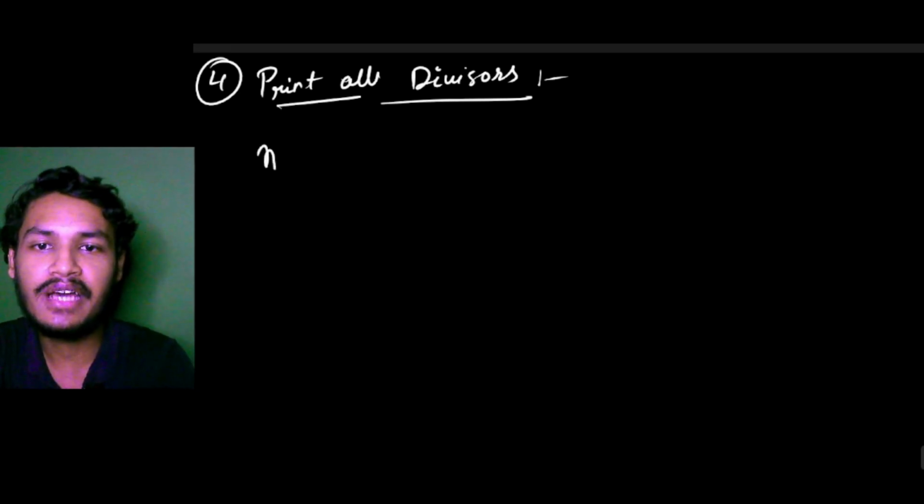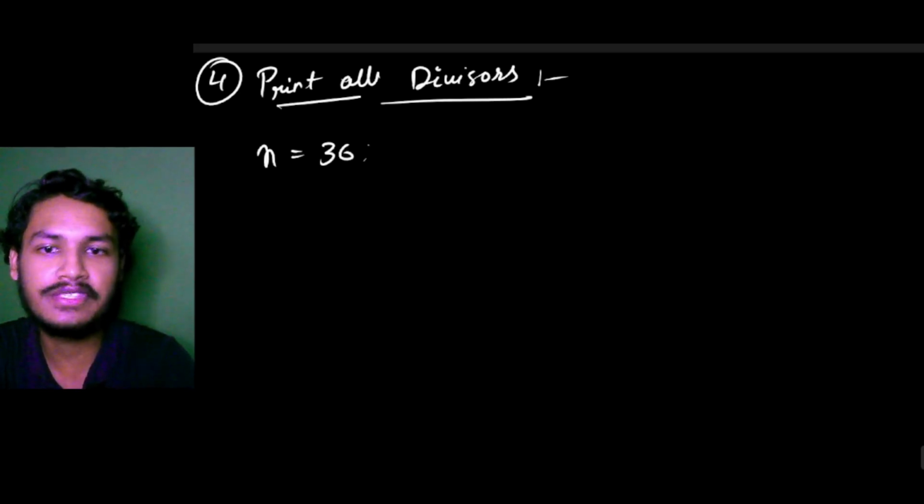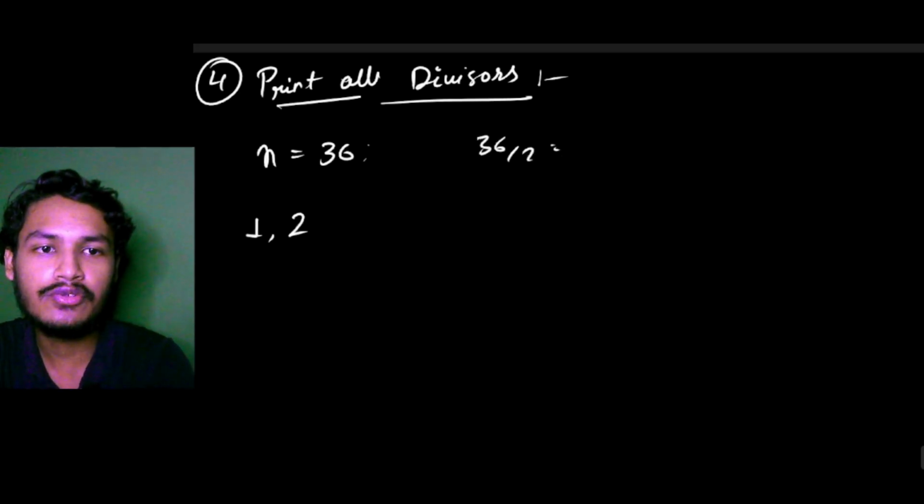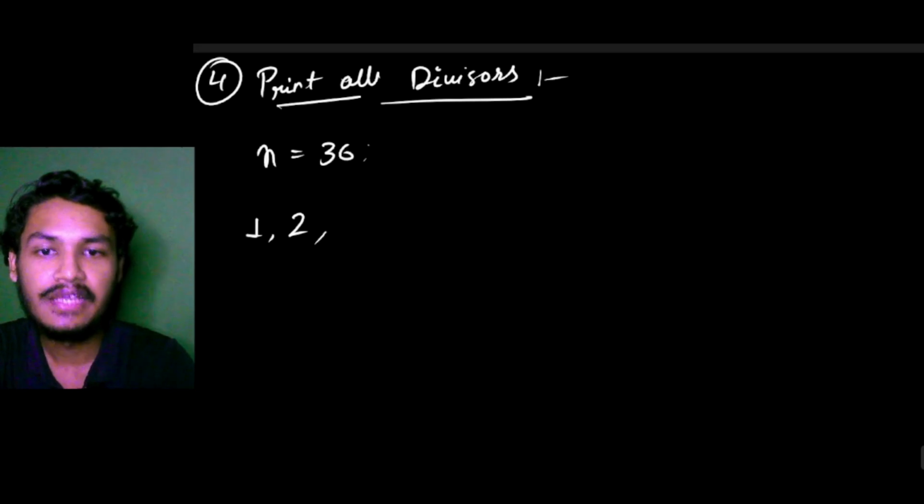Let's say we are given a number n equals 36. We have to print all the numbers which can divide this input number completely. For example, 1 can divide this number completely, 2 can divide this number completely. How? 36 by 2 is 18, and the remainder will be 0. So 2 can divide this number completely, 3 can divide this number, 3 12s are 36, 4 can divide this